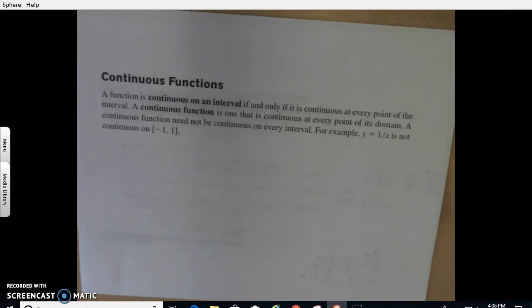Then we have continuous functions. So a continuous function on an interval, a function is continuous on an interval if and only if it is continuous